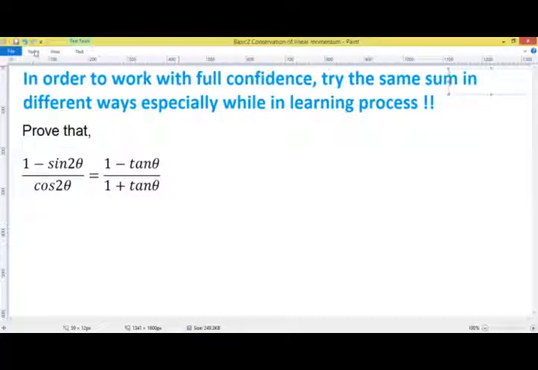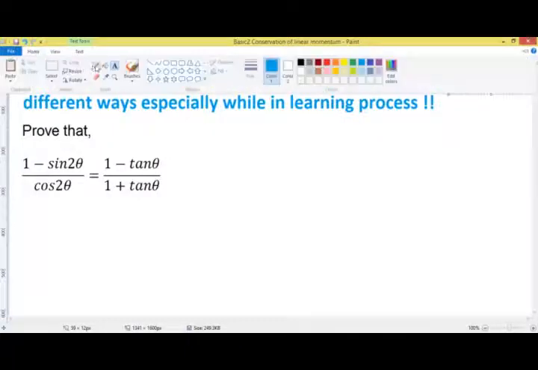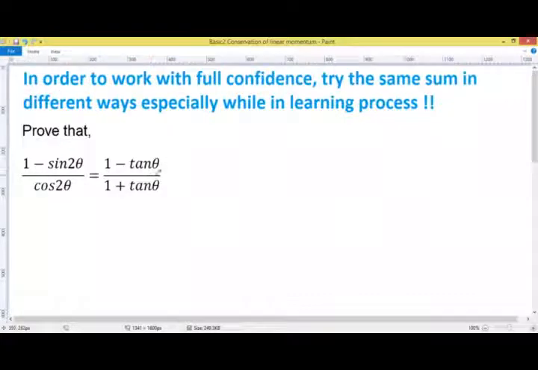Alright, so let's now try to solve this question. The first way: I will start from the left side and go to the right side. Then I'll see if there is an alternative method to prove this sort of sum also. So in this case,